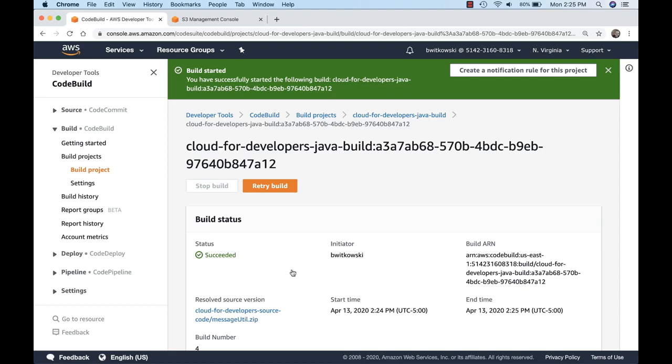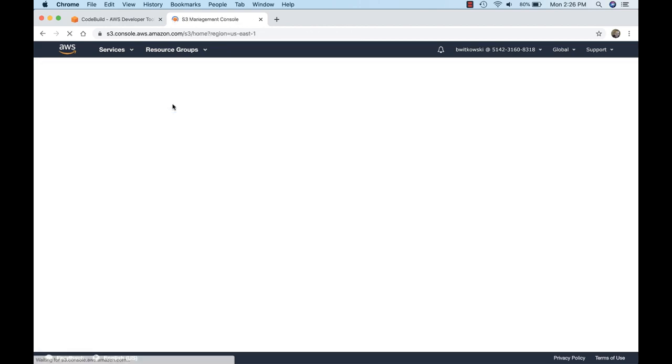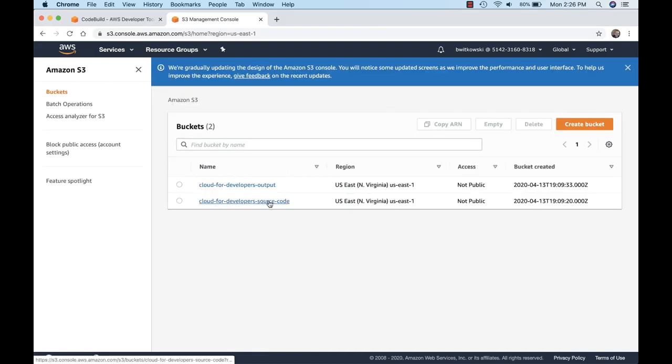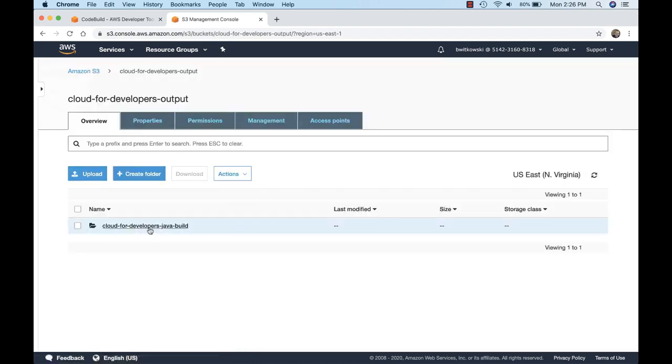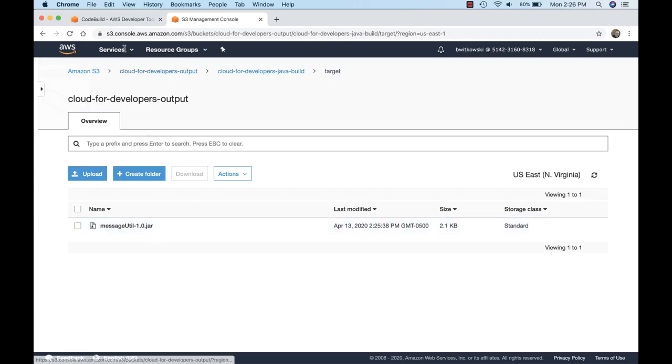Okay, so we have a successful build, and where that's going to show up is not in our Cloud for Developer source code, but if I go over to S3 again, we had two buckets that we initially created. One for our source code, which was where we were uploading our message util.zip, and then a second for the output after the code has been built. So some compiled Java code, and you'll notice that we have Cloud for Developers Java build, our target, and then we have our message util-1.0.jar. That's the compiled output of our original source code. So we're able to use the CodeBuild tools